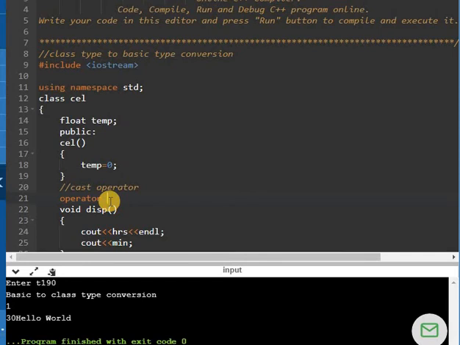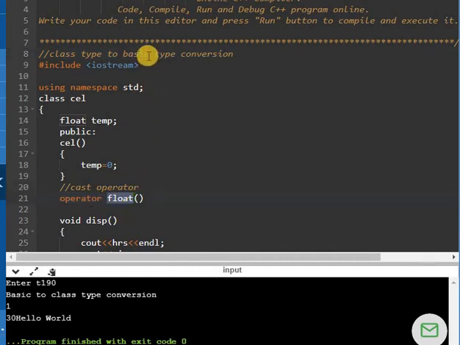It will start with the keyword operator, and then we have to mention the type in which we want to convert our object. What we are doing is reciprocating the concept. Initially we did basic type to class type, in which we converted float into Celsius, or Fahrenheit into Celsius. Now we will be doing Celsius into Fahrenheit. From the objects of this Celsius class, we will have one value. Whatever basic type we want after conversion, we have to overload it using the operator function.